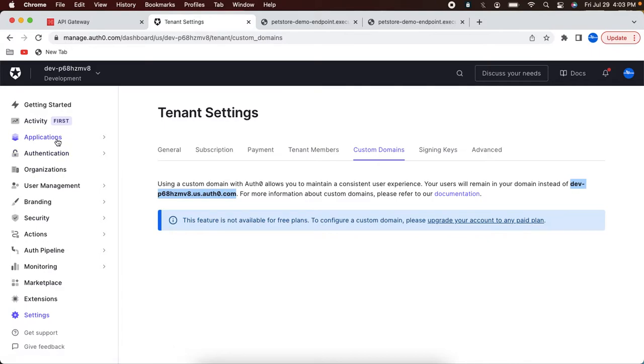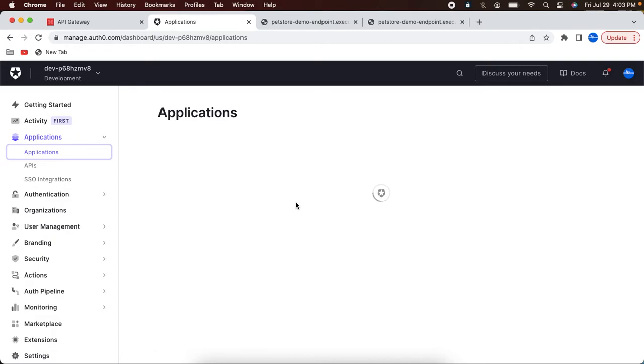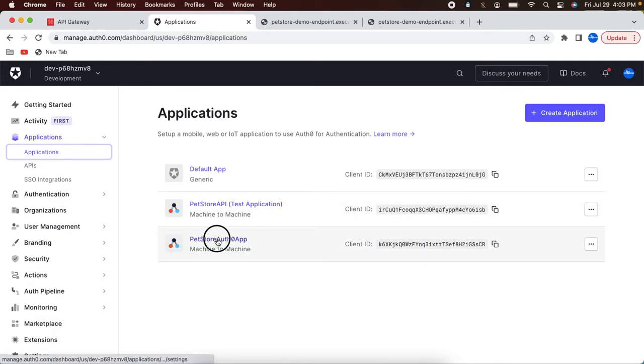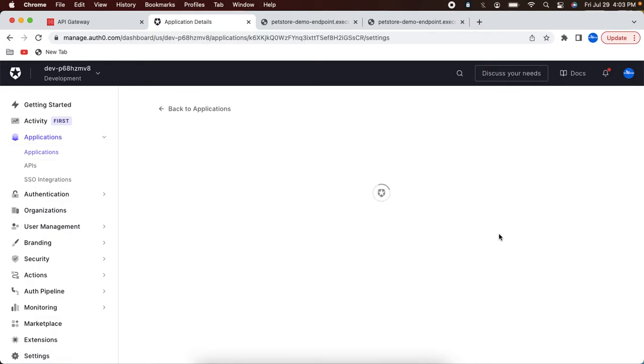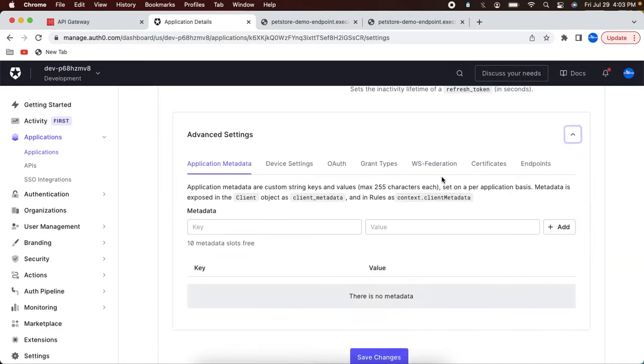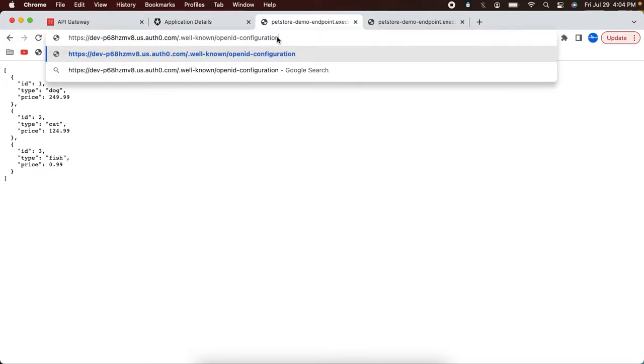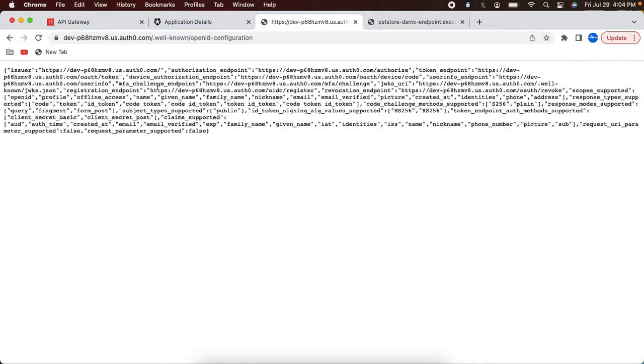The other easiest way to get it is to go to the applications, select that pet store Auth0 app, and go to the bottom of the screen, select advanced settings, endpoints, and copy this OpenID configuration URL and then open it in a new tab. So this will return all the endpoints for this OpenID configuration. So copy this issuer URL